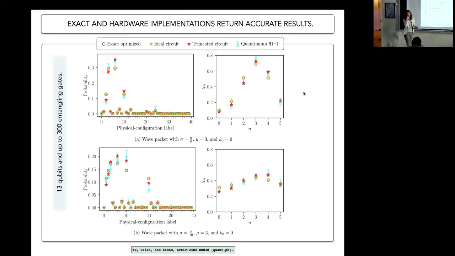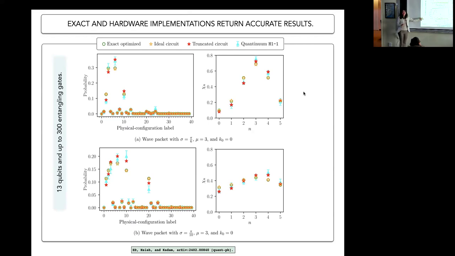Have you worked out the asymptotic scaling of the algorithm? Yeah, so I'll come back to it on the last slide. Not to the degree that you'd like, but some. Because it's VQE, we can't really do that, but you can figure out the number of operations per VQE step. Yes, so I'll show you that.